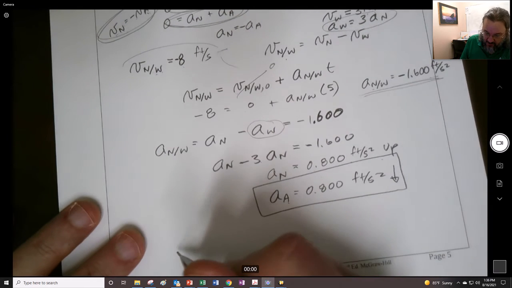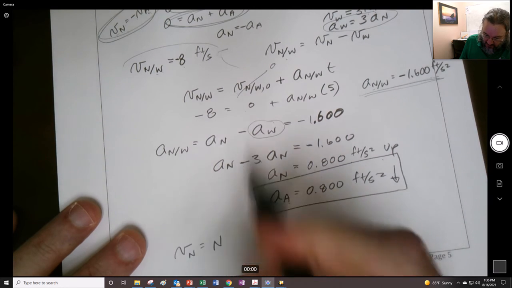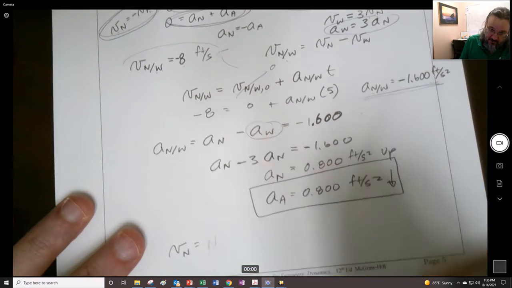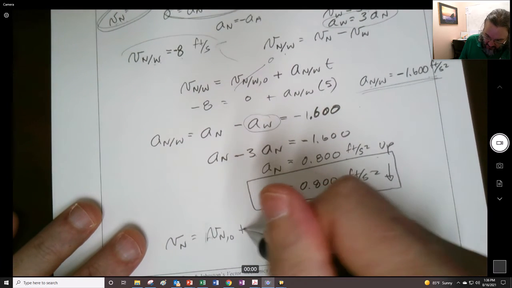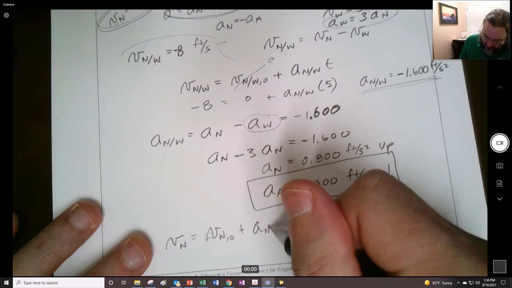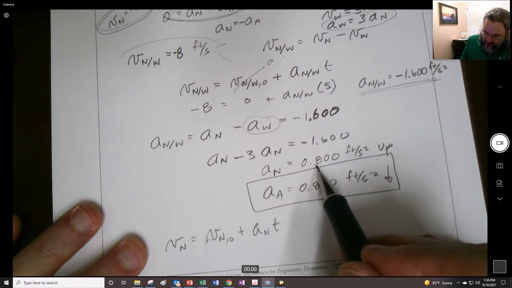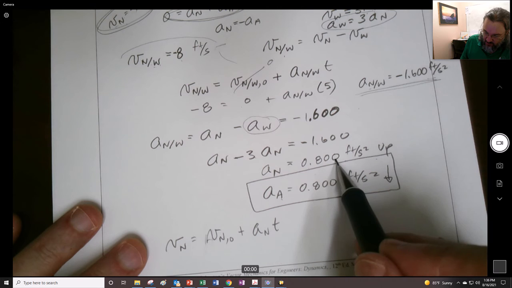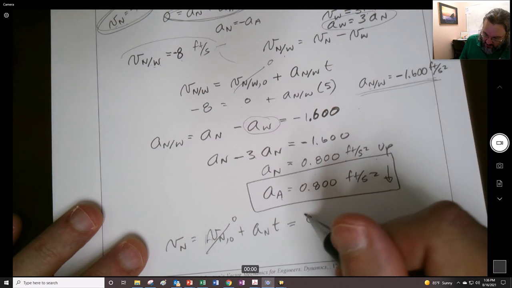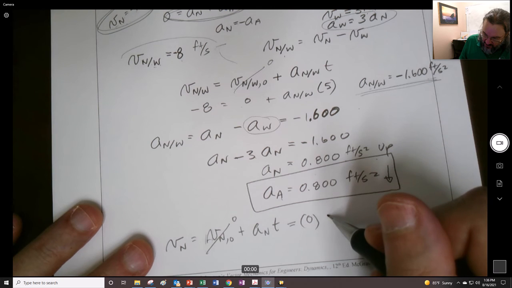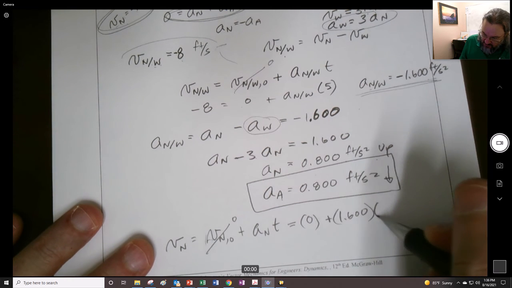So we could say that the velocity of Newt dog is equal to the initial velocity of Newt dog plus the acceleration of Newt dog times time, because we know that it's constant. We know he's going to be going upwards right in there. So, and we know that that's 0. If he has plus 1.600 times 5,